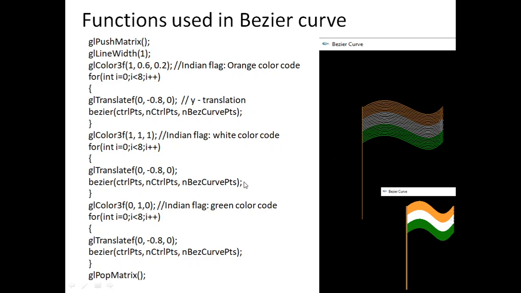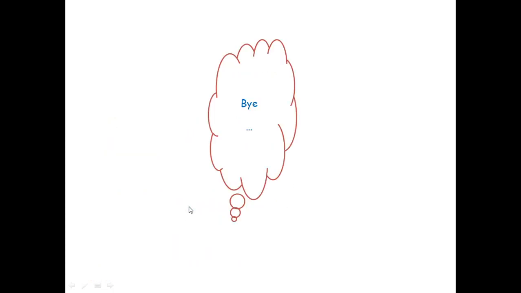I hope you have understood how we are drawing a curve using the Bezier blending function. Let me summarize. We are drawing the curve by using the Bezier blend function. We just have to know what the Bezier blend function is, and when you implement that function in OpenGL, you will get a curve. That curve you repeat for 3 sets of 8 times, so we can get the flag, and this pole concept is there in the program. So this line will be drawn. I hope you understand how to draw a Bezier curve and how it is implemented to draw a national flag. Thank you.